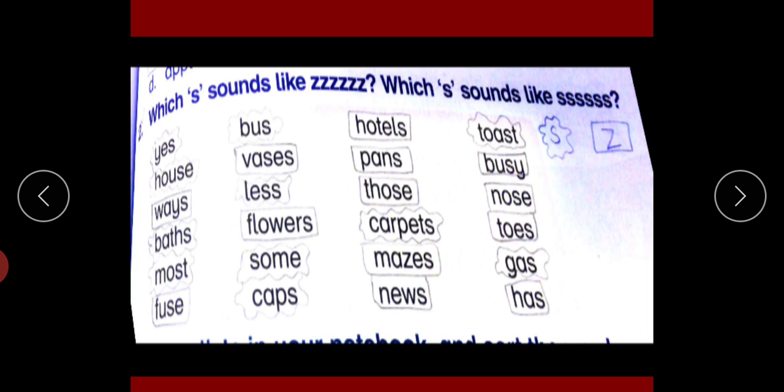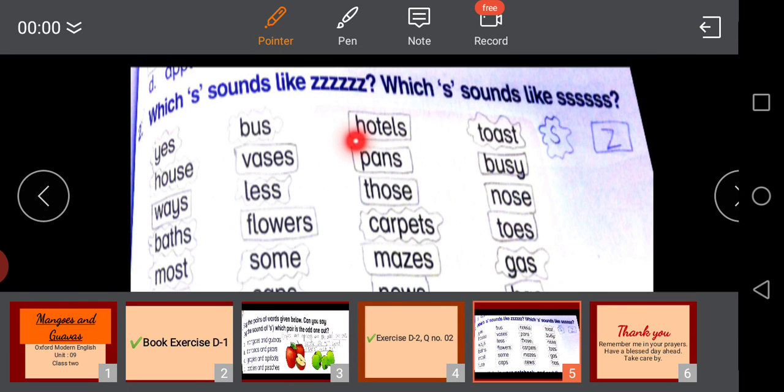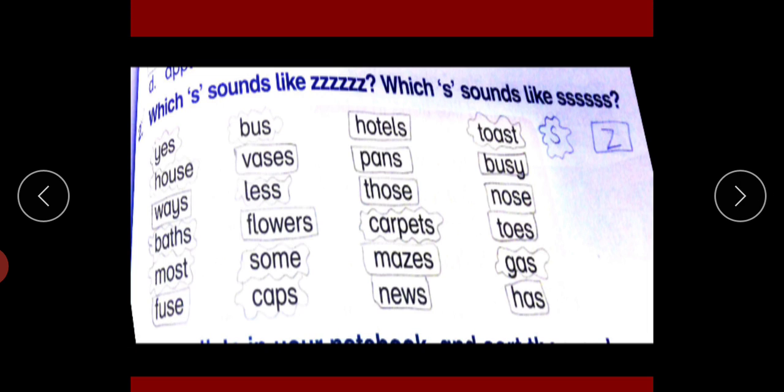Like we have the first word, this, we will mark a cloud circle around this word. Another word is bus, S sound, we will mark a cloud circle. Another word is hotels, Z sound is playing here, then we will mark a square. Then another word is toast, we will mark a cloud circle here. And another word is house, we will mark a cloud circle around this word. Another word we have is vases, we will mark a square